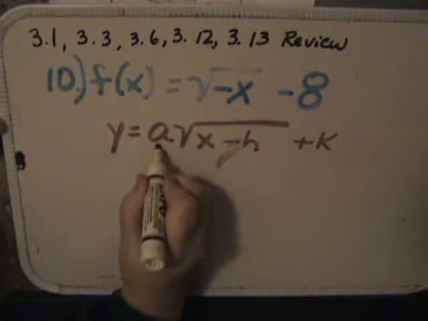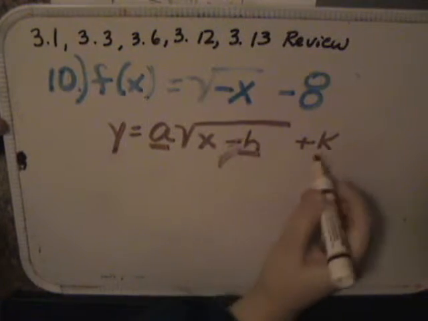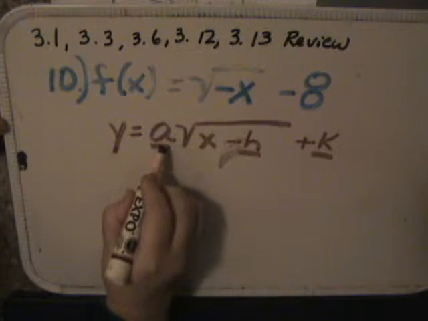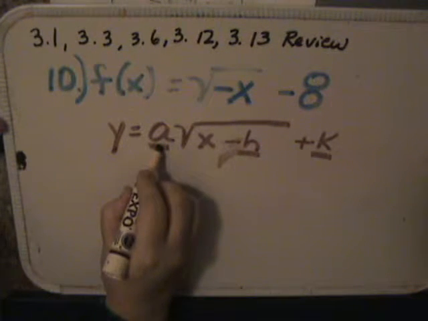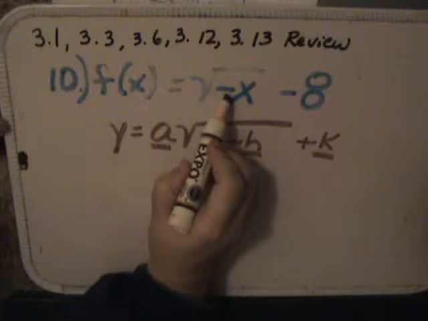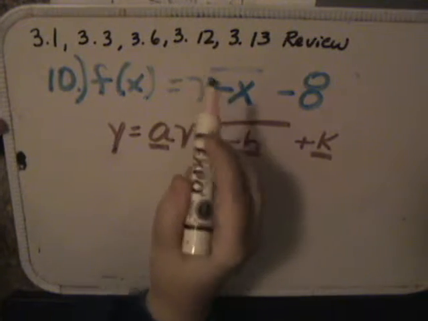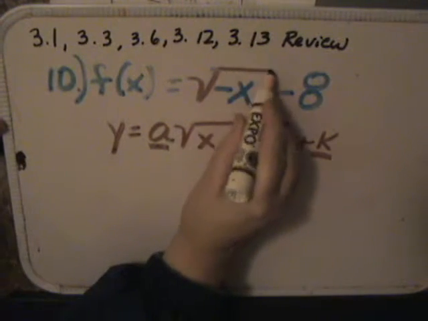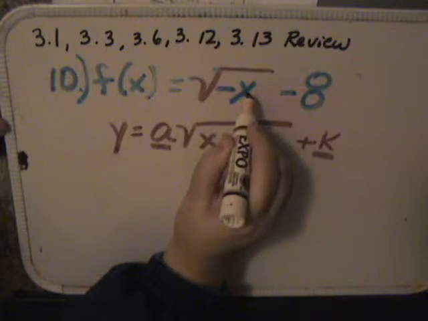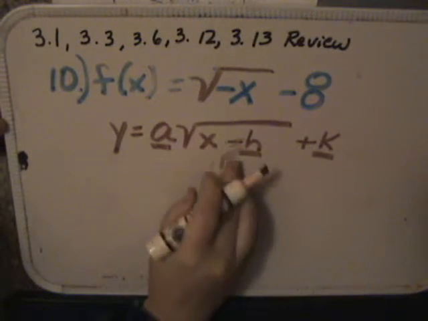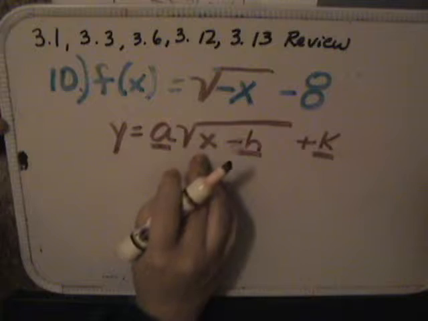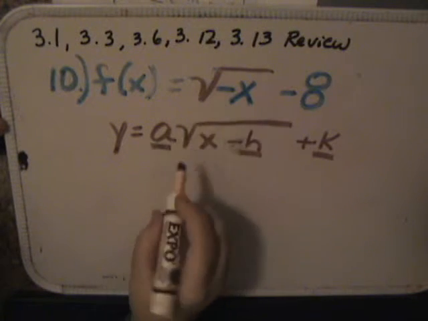And you've still got those same values, a, h, and k. Now again, when a here is negative, it would be a flip. This negative is inside. So when x is negative inside, not outside your radical or your parentheses, but inside, that makes it flip